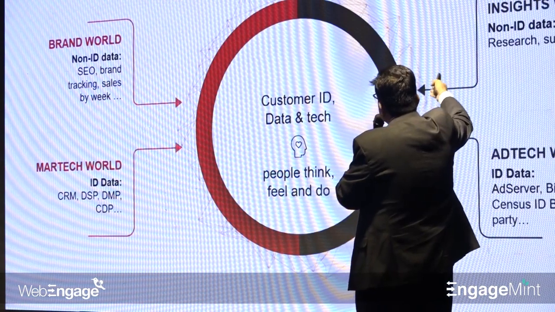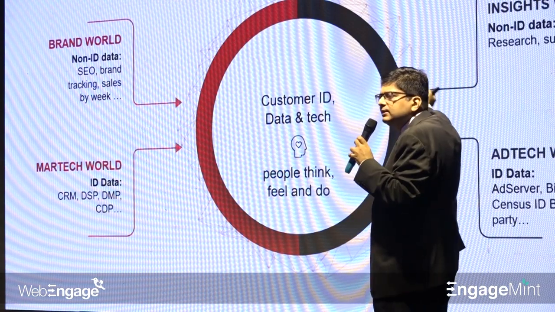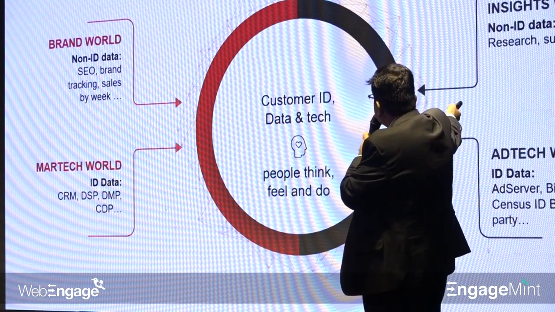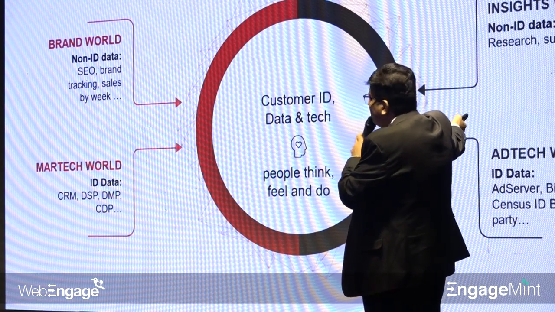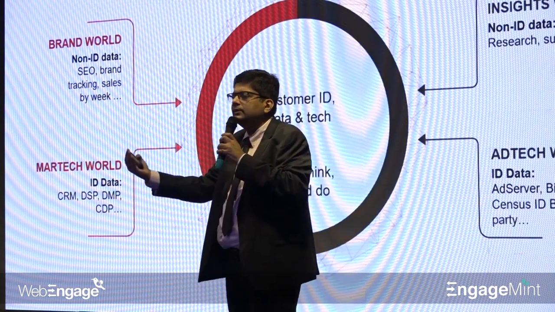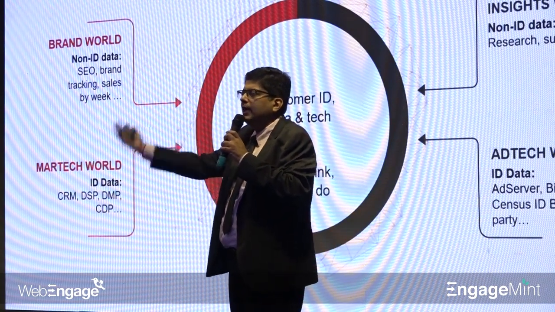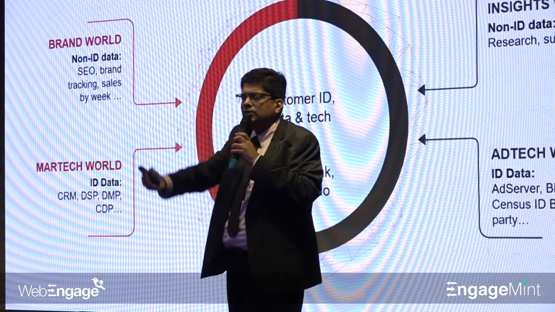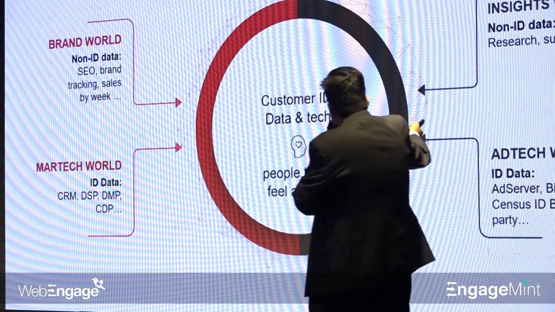What are the non-ID data? Research, survey, panels. These are things which will again add to build a sharper progressive profiling. Ad tech, you have ad servers to deploy. Bid stream, you bid for the Google world. You can start realizing what type of your customers are engaged on what kind of ad sets. Therefore, you rationalize your bid values. You rationalize your ad sets accordingly.